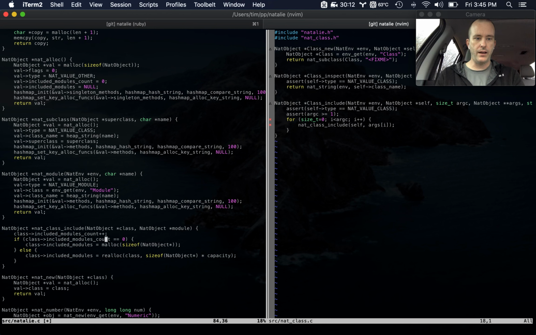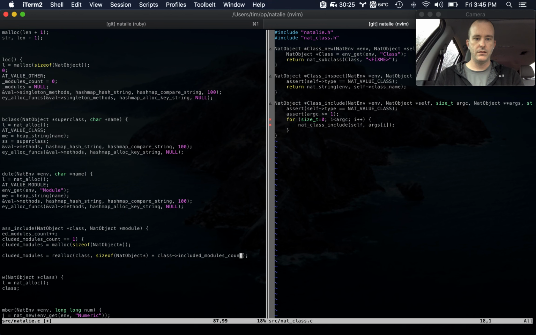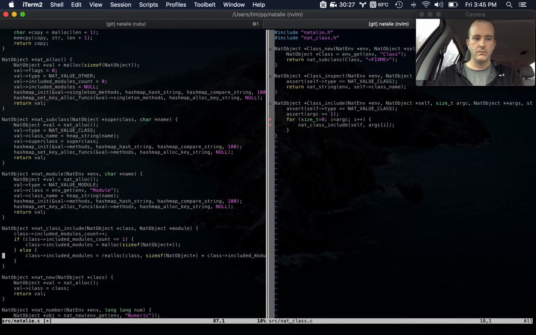Let's add to that. And then if this is 1, then we just malloc it. If it's more than 1, then we do times class included modules count. Right. And then